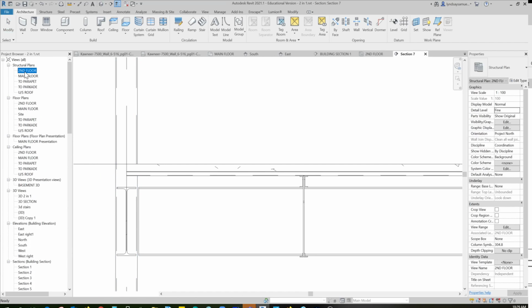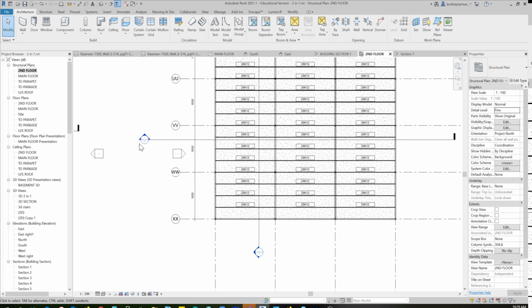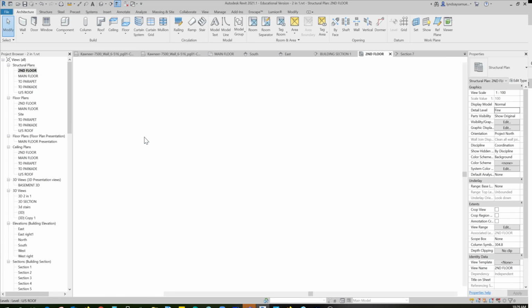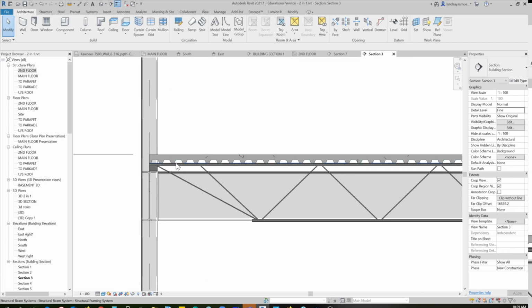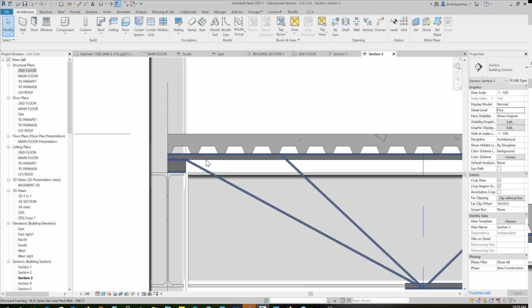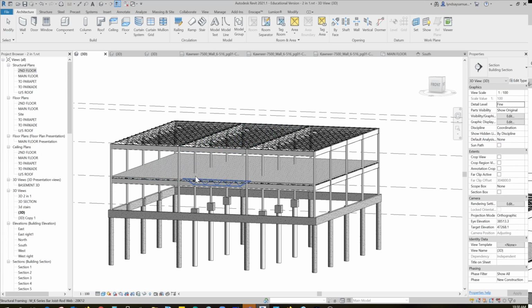If I go to this section, zoom in on the second floor, you should be able to see the metal deck sitting right on top of your joist. Okay, that's good. That's the second floor. The next one you want to do could be